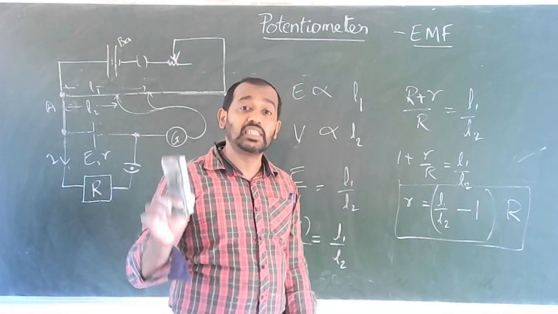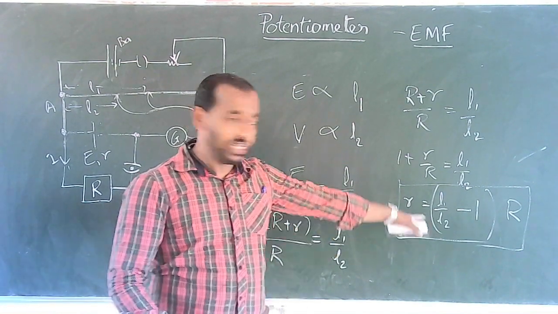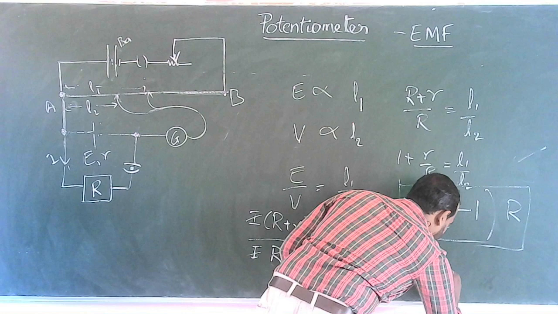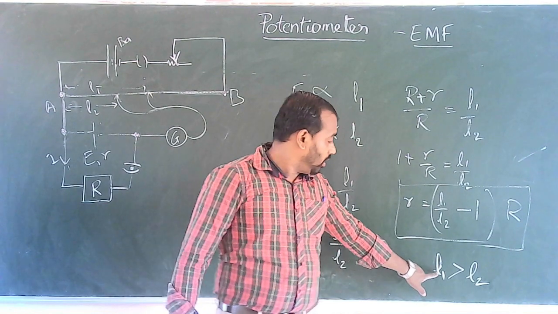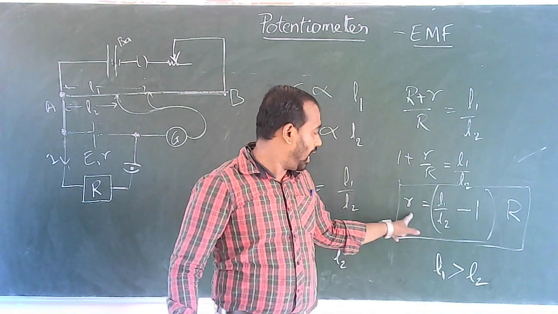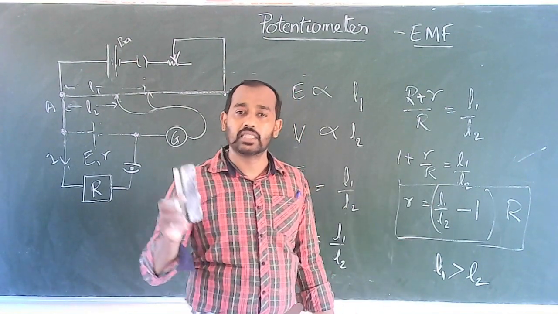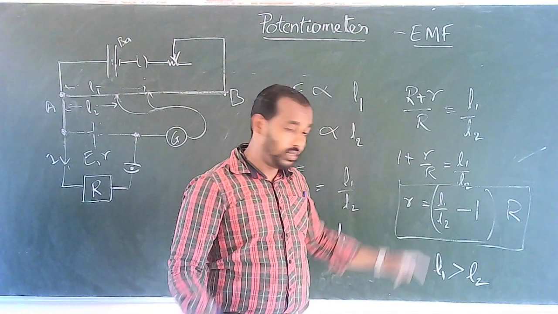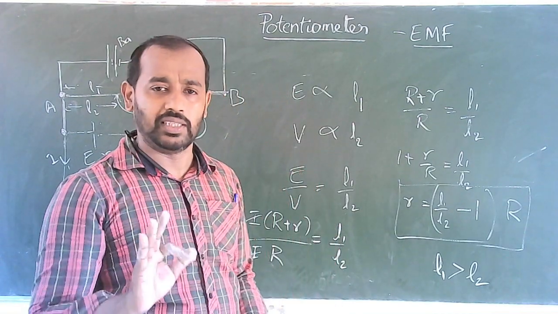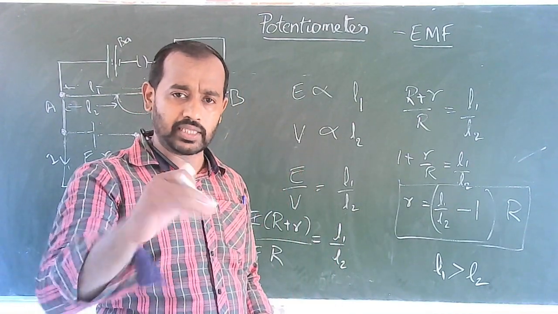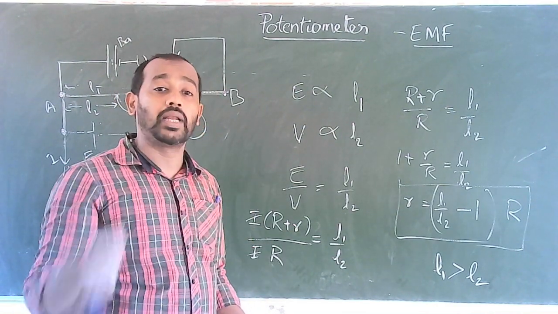Remember that resistance can never be negative. It cannot be negative. And we know that L1 is greater than L2. So we know this fact: L1 should always be greater than L2. So if we find the value of small r to be negative, then obviously what happens? It will contradict the fact that resistance is a scalar. So it should not be negative. You have done something wrong in your calculation. That's the meaning of that. If small r is negative, then you are wrong. You have written the equation wrong or you have obtained the values wrong.